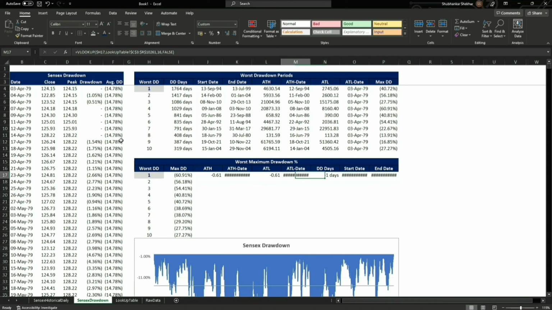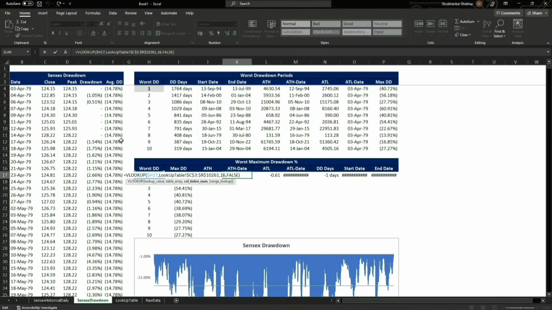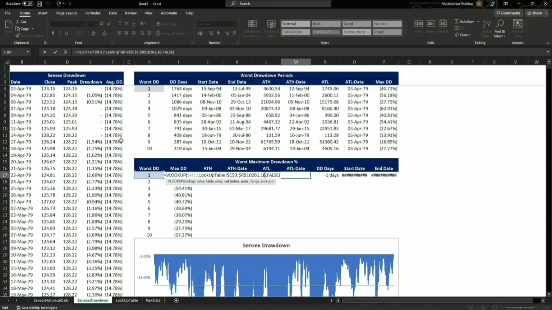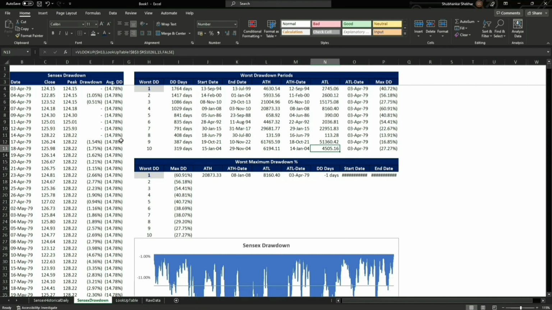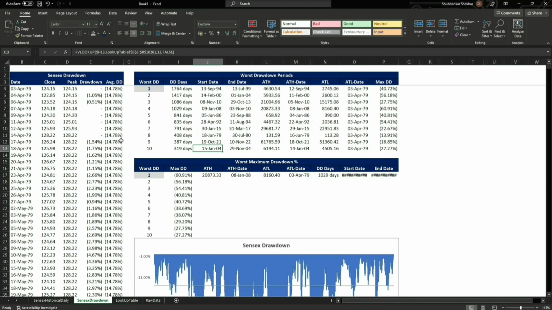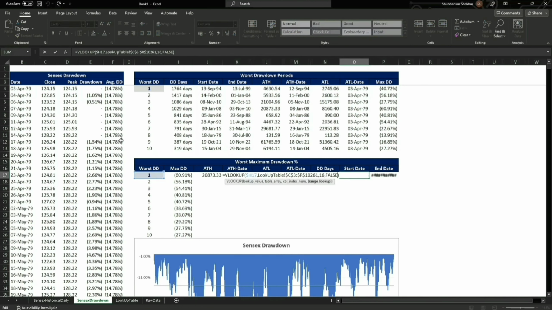Now I'm going to copy the formula from here, paste it here, and now what I can do is the all-time high was 8, so this should be 7, right? The all-time 7, then this should be 8. Similarly, the all-time low here was 15, so this should be 14. This should be 15. The drawdown days here was 14, so this is going to be 13, and this here is 12, 13, so this should be 11, 12, right?